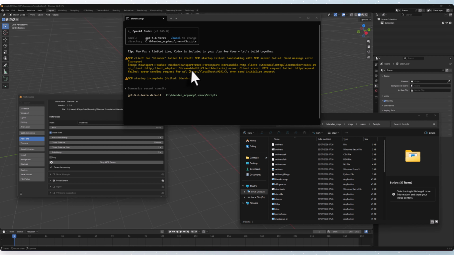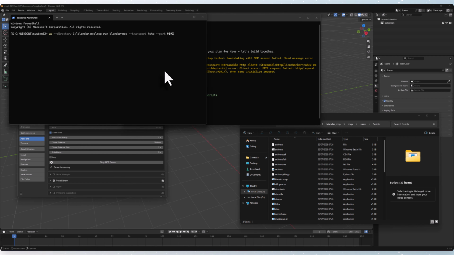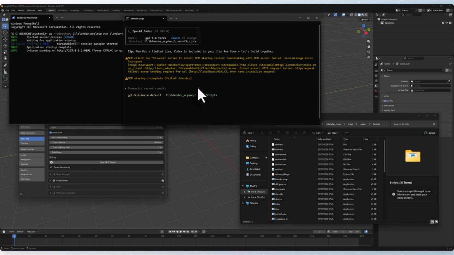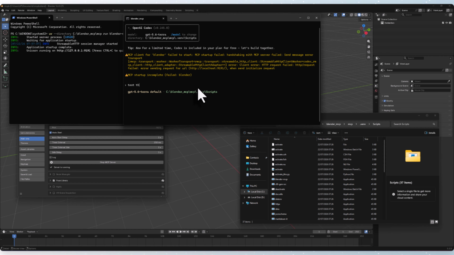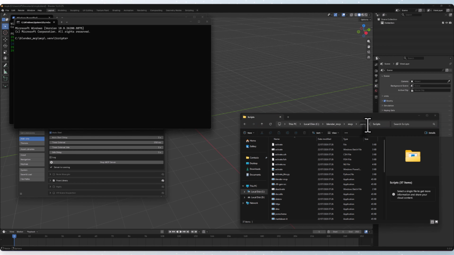Okay, I think this error is because we have closed the MCP Server. It's not running right now. It's stopped. Okay, let's open the MCP. Copy this command, the UV command, to start the server. Okay, now it started. And let's see. Let's close this. And let's open MCP another time. Codex